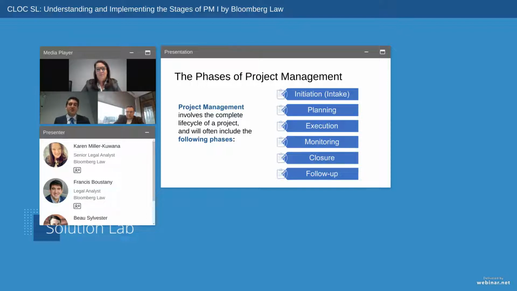Next comes execution, and this is where people who are not necessarily directly involved in the project will normally either get involved or know about it. This is where the project launches in earnest, such as launching a software or implementing a process. And once you execute, the way that you measure the metrics and the outcomes is in the monitoring phase.